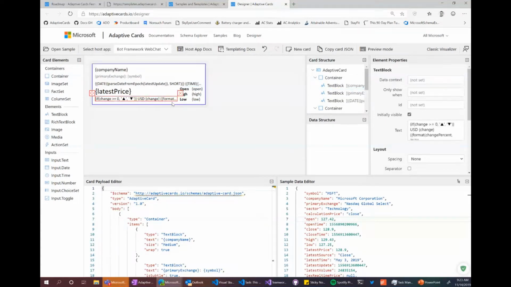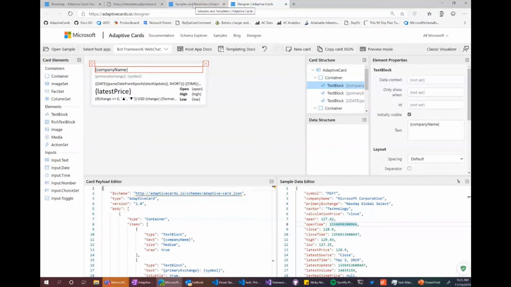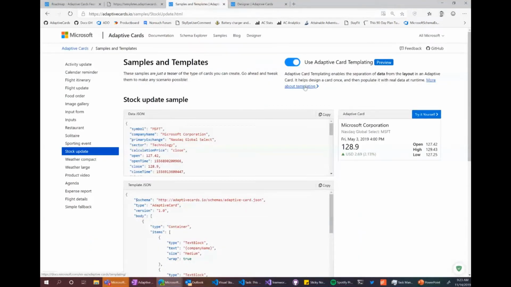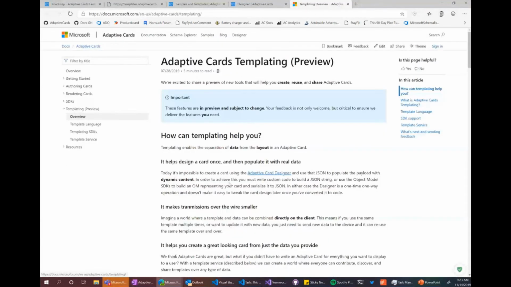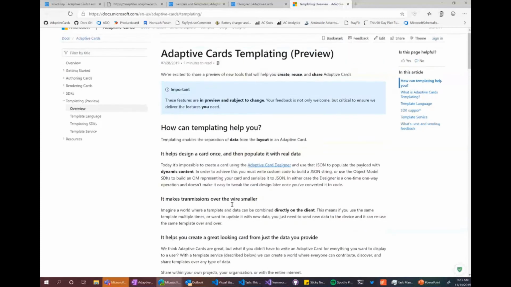I show them briefly in the talk, but we're working on making this even more user-friendly to create these templates, bind it to some data, preview it at design time, and then use it in your actual applications. And when you want to use it, that's when you start reading the documentation more about templating. And this will hopefully help you get started with templating.